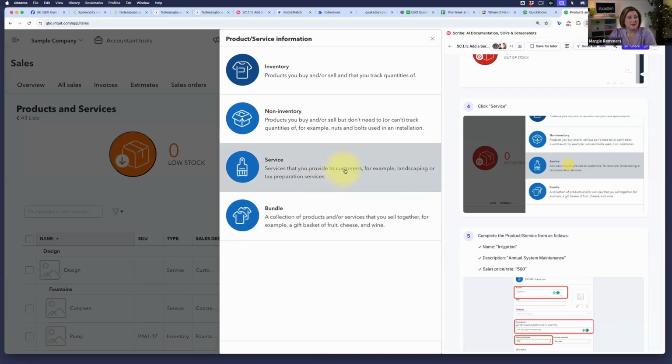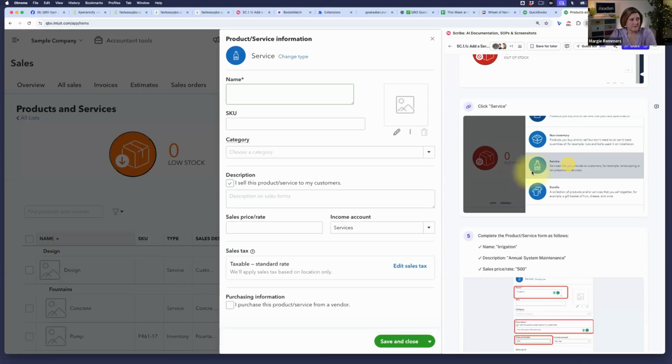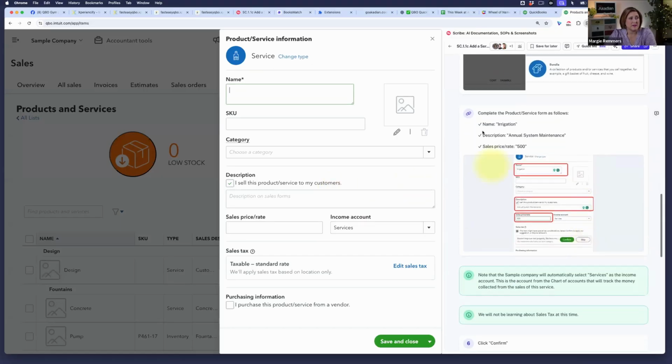Okay, so for this exercise, we are selecting service. And then we have to fill out this form that has all of the information that we want to track about this. Okay, so we're now on step 5, complete the product service form as follows. So we're going to put in the name is irrigation,